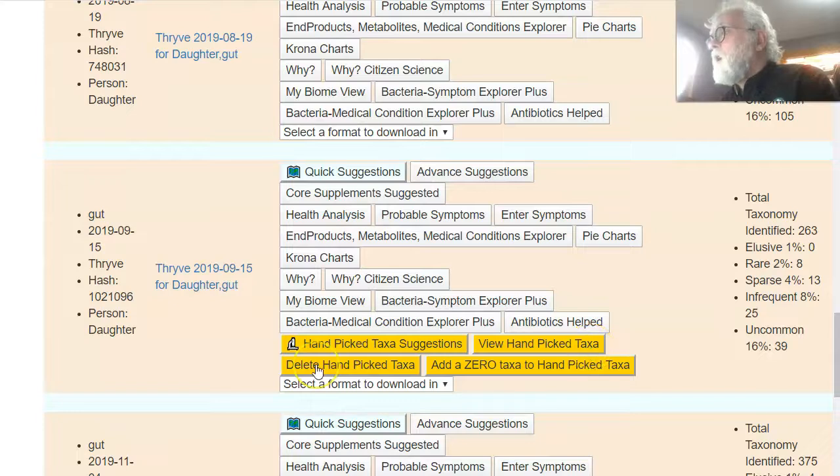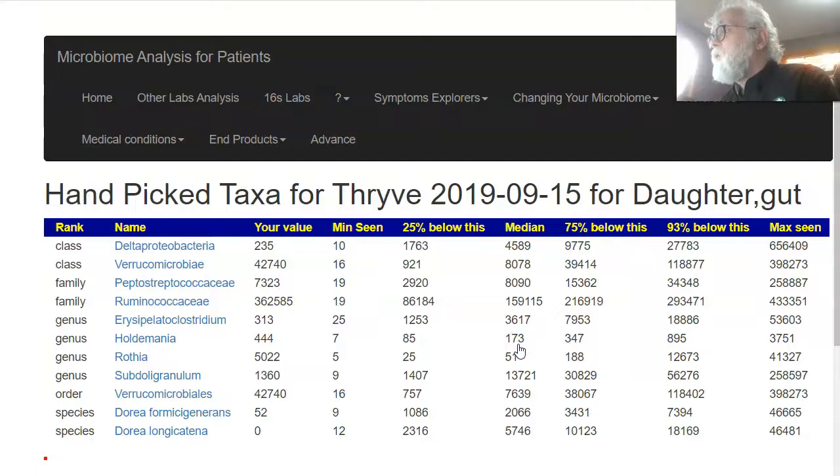a golden set of buttons. The information is assigned to whichever taxa is the best match for the general pattern. So it could be any one of them. I suggest you delete all handpicked taxa before you do it so that you can find the one it has picked. If you click here and view the taxa, you can see the actual